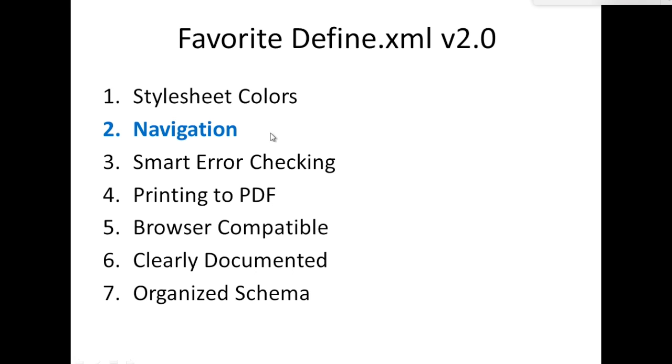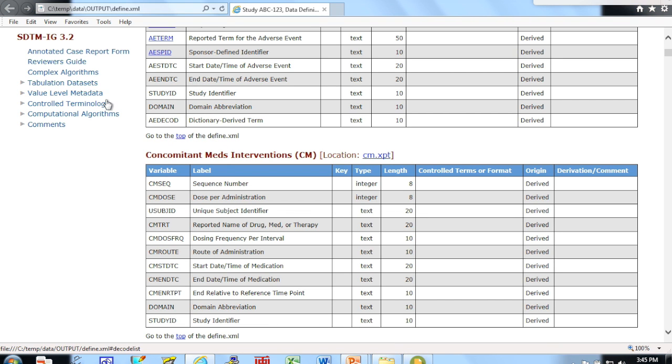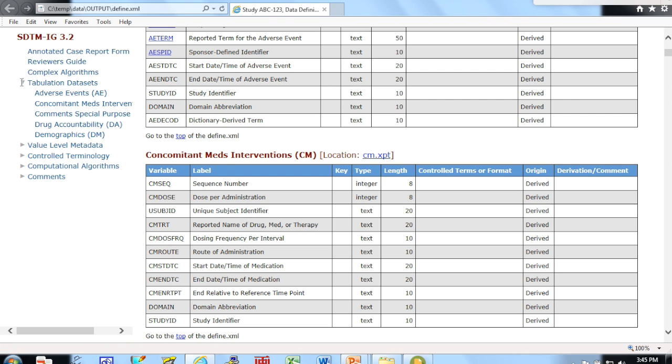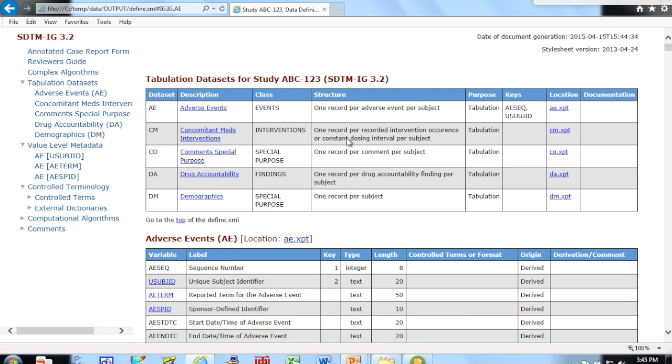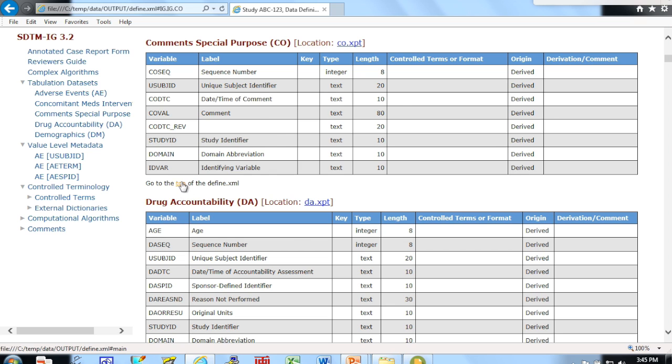Next, notice the navigation of your Define.XML has changed a little bit. If you go here, notice that the navigation bar, kind of like the bookmark in PDF, has these nice little hierarchical menus that you can scroll and jump specifically to the dataset domain that you're looking at, or to the value level metadata or controlled terms. And the other nice thing is whenever you go to a specific domain, there's always this navigate back to the